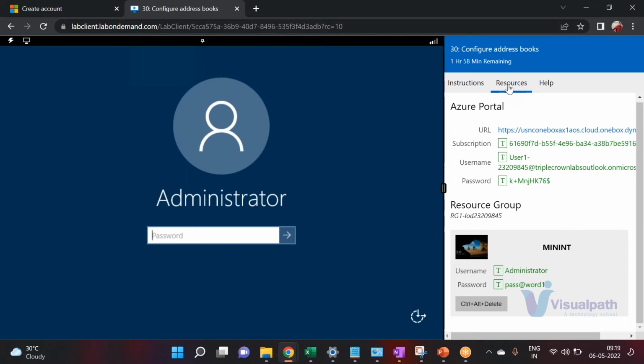So come into this tab, which is resources. Under the resources group, we have this admin password created. You don't need to copy, go and select this. You just need to click on this T button. Click on T. It automatically types in the password